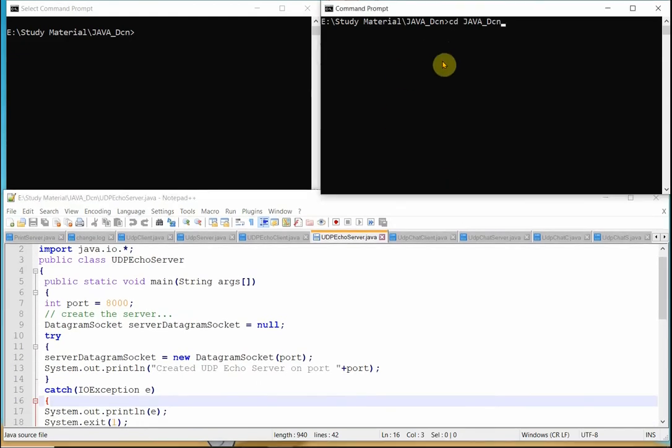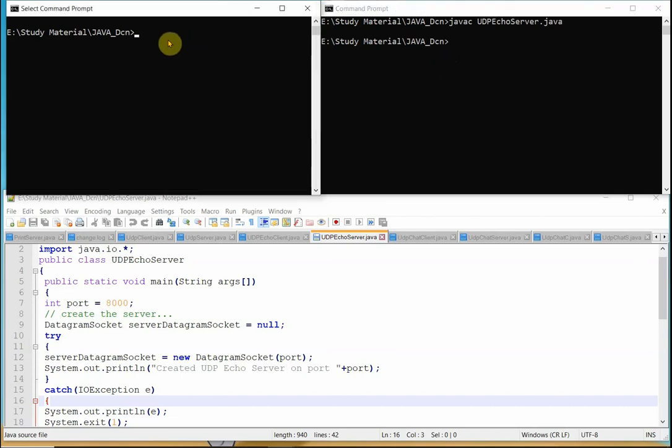Normally we are going to run this server side. Now we will run the client side also, UDP echo client.java.